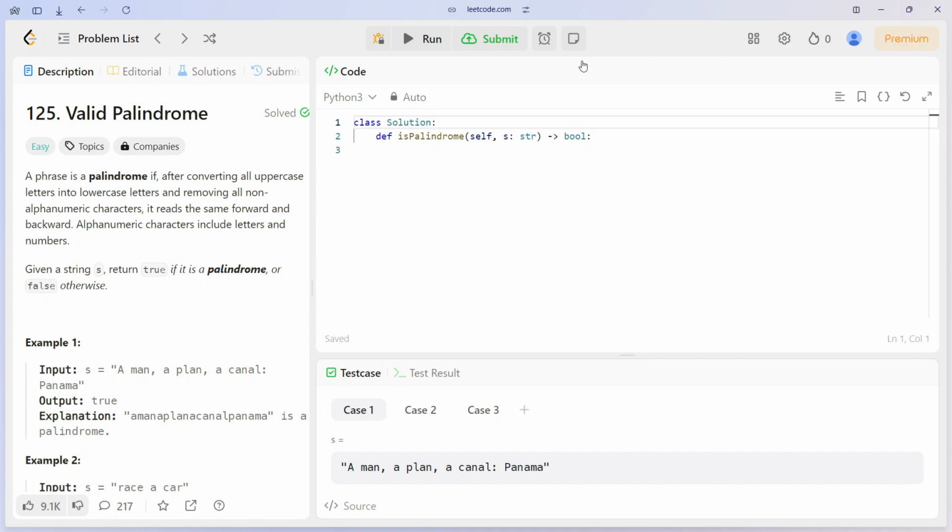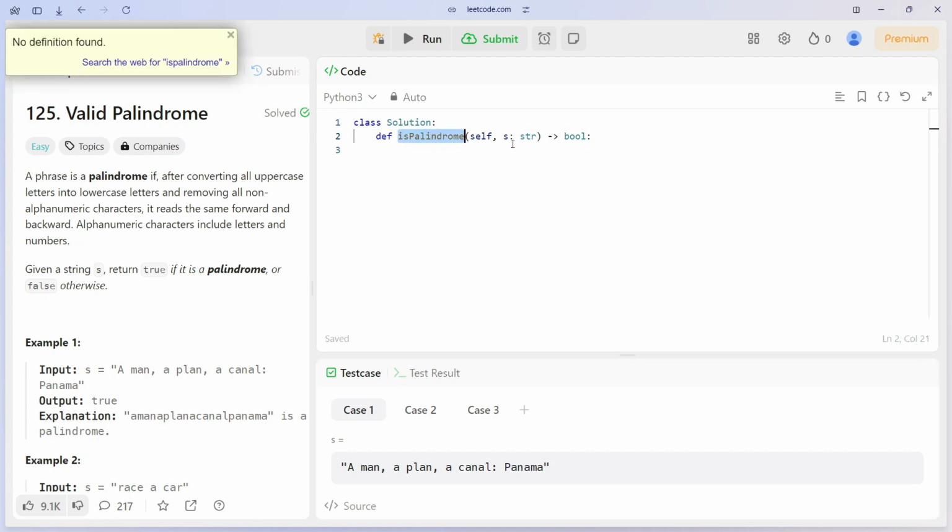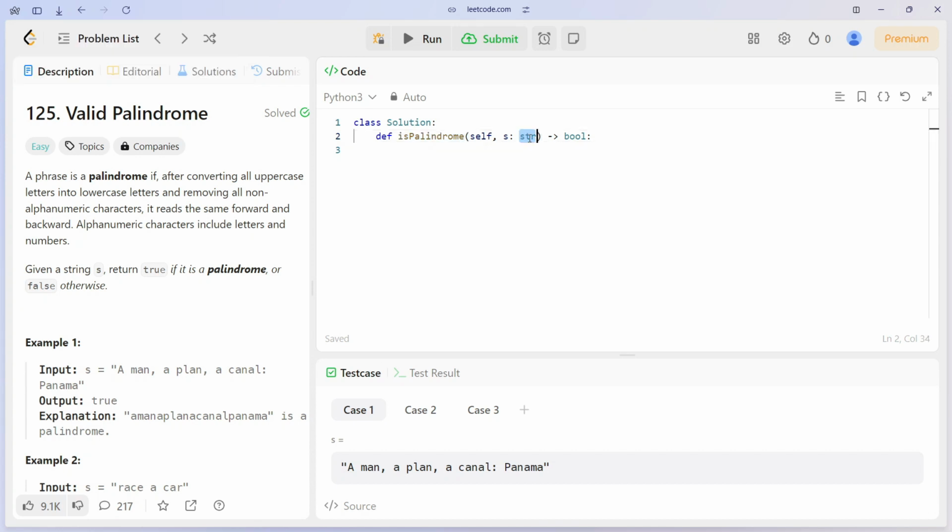So let's jump into the code. We are given the function isPalindrome that is receiving two arguments. Our concern is with this string. This function returns a bool. First, we will convert this string to lowercase and remove non-alphanumeric characters. For this purpose, I will do